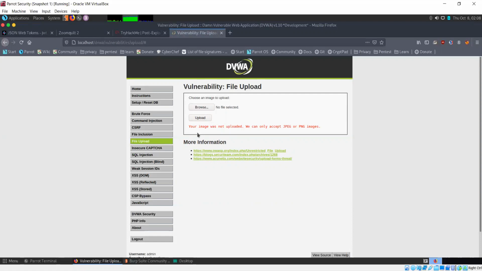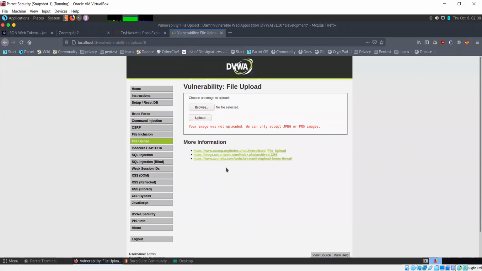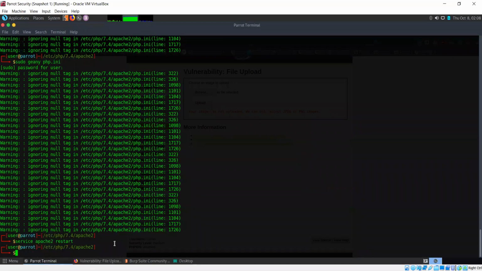Okay, but there is a workaround for this. There is a way to still use this same shell that we did. All I need to do is go to that directory where the file is stored.